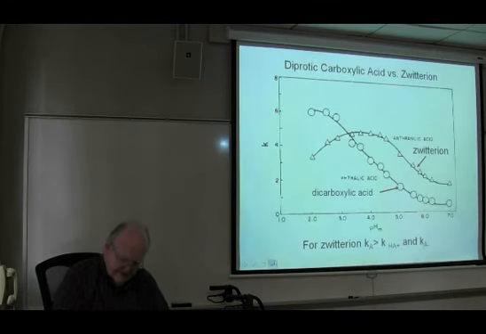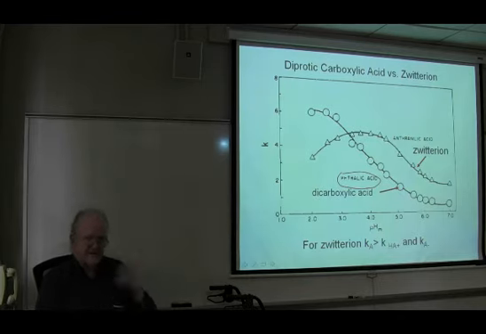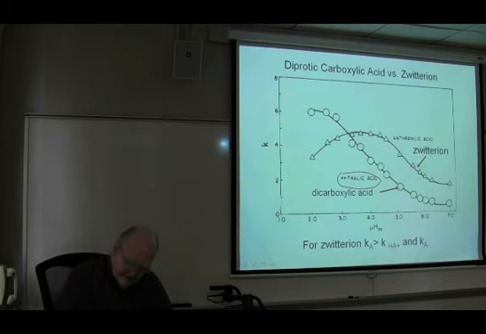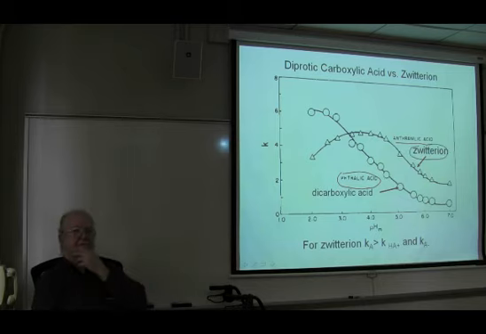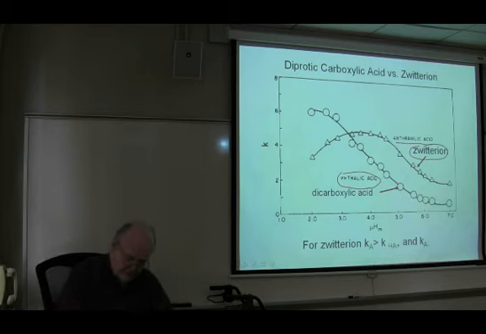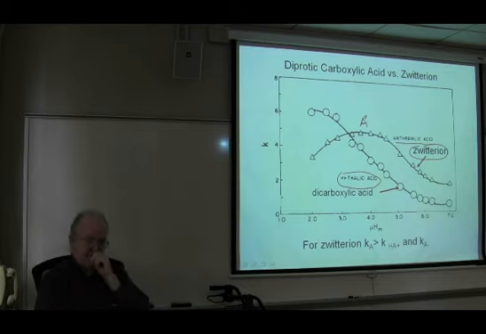Here's a comparison of phthalic acid. That's just dicarboxylic acid of benzene. And here's anthranilic acid, and it's a Zwitterion. The interesting thing about Zwitterions is the neutral form, the one that has a net charge of 0, is actually going to